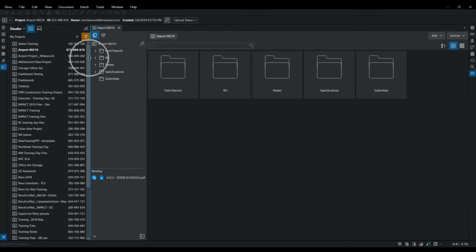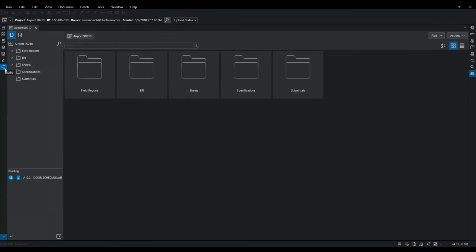So I'm going to go ahead and just close this panel here so we have a little more real estate. I'm just going to left click on that blue bar or that blue beam there, or I can always left click one time on that icon of the studio. It's just going to close that out, give me more space in here. Now, this is an existing project I've had for I think at least a year, if not 2, that I've just used before.